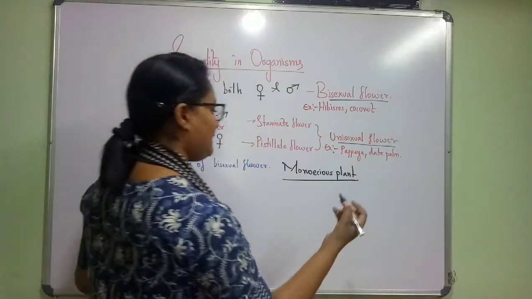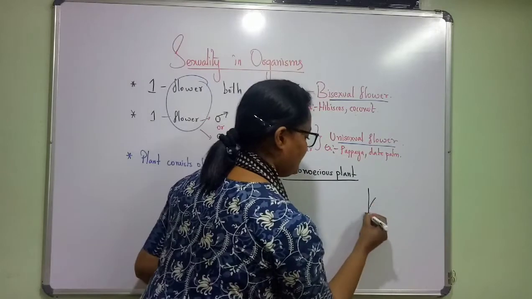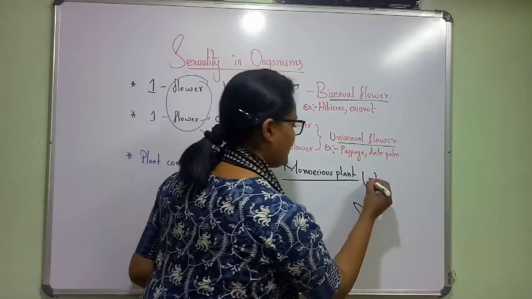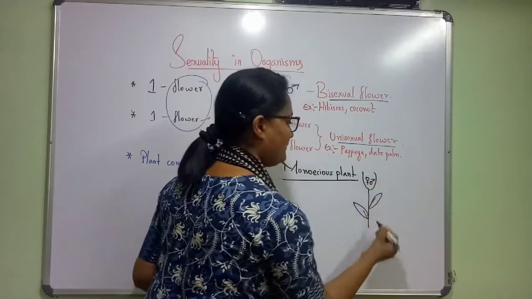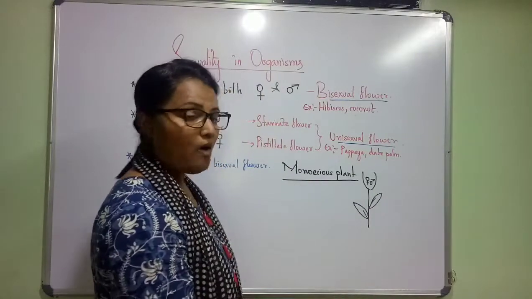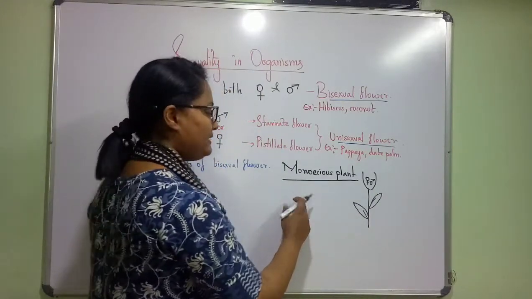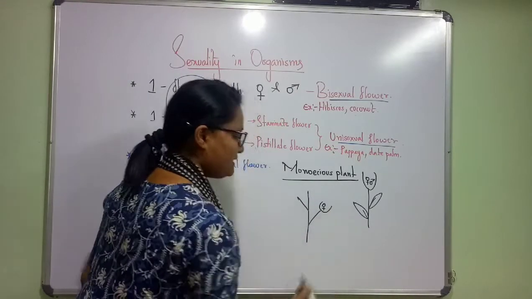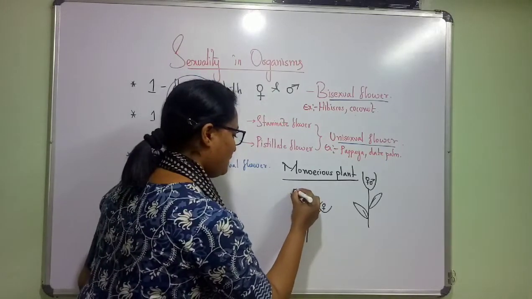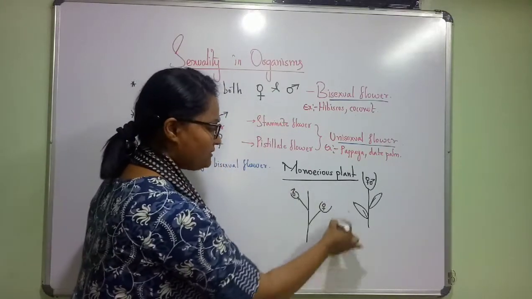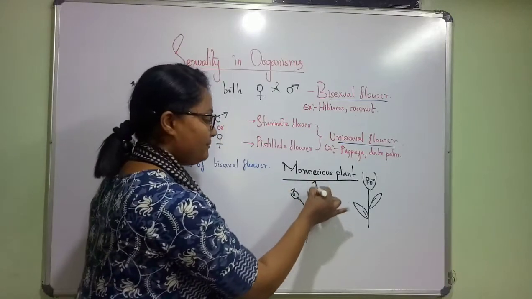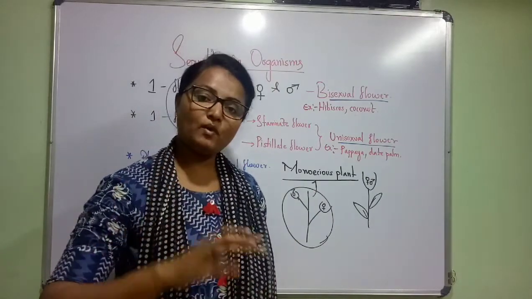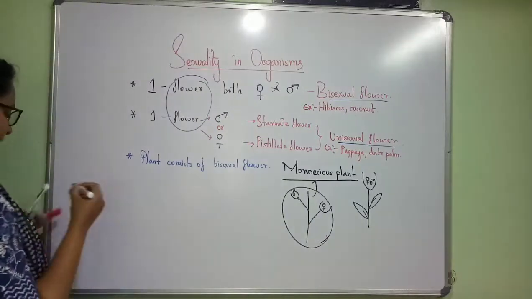Okay, like example, this is a plant structure. These are leaves. Just imagine these are leaves, and they contain flowers which contain both female and male. This is bisexual. Or this condition is also explained in a single plant. If they contain staminate flower or pistillate flower, this is also called as monoecious. Means in a single plant, both the kinds of flowers. Okay, so next condition,